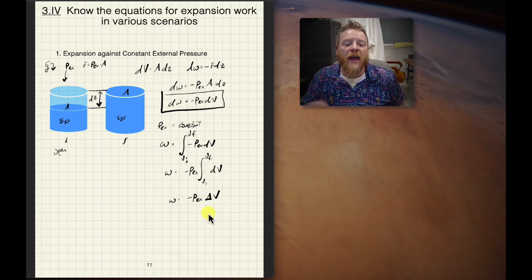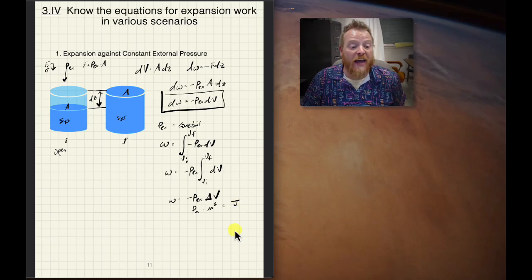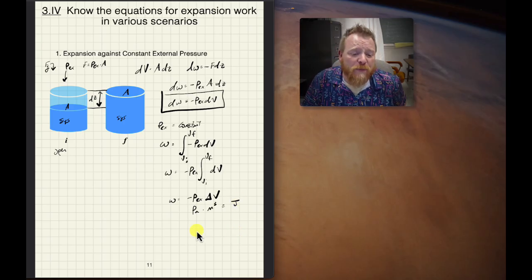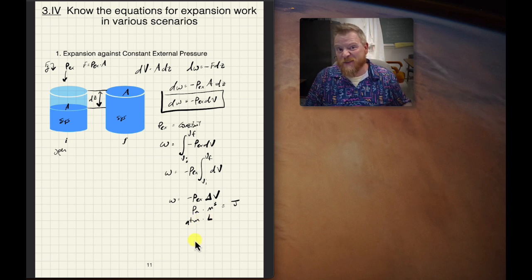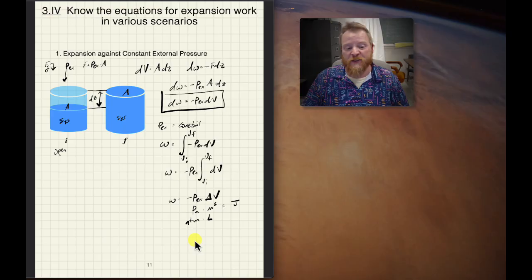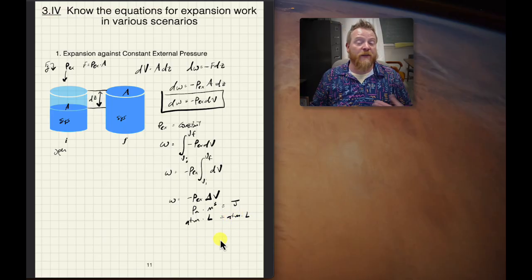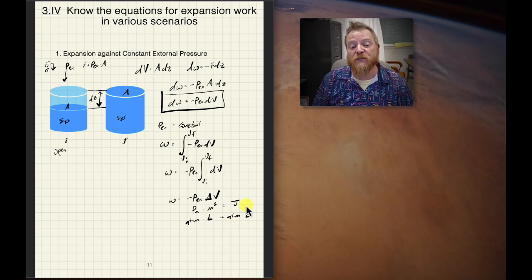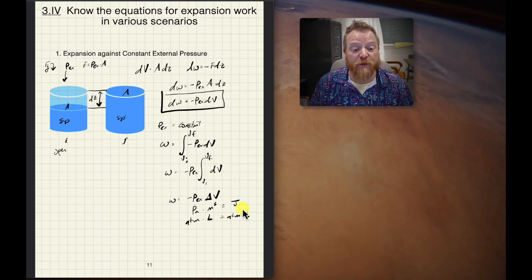Okay. And hopefully what we recall from the last slide, right, if we use Pascal and meter cubed, that gives us a joule. However, suppose that we want to use atm and liters, as is pretty standard units for using the ideal gas equation, for example. Well, that's going to give me an atm liter. That's not going to give me a joule. So we have to use a conversion factor to relate those. Okay, and as it turns out, that conversion factor is related to the definition of a Pascal.